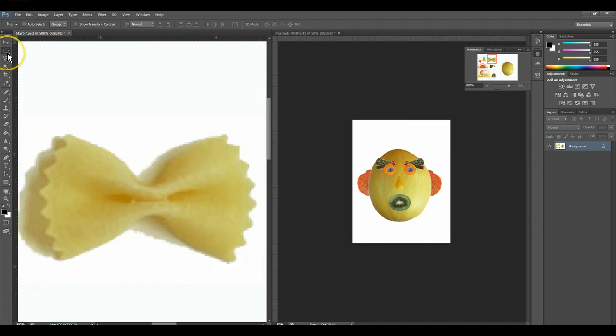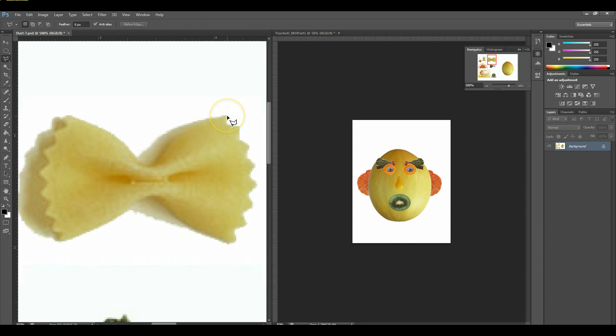Now for this tool, we are actually going to use the polygonal lasso tool. All this does is it creates straight lines. So I'm just going to click right here, and it's going to do a straight line no matter which way you go. So wherever you want to stop at, you hit click. And then move your mouse, click, move your mouse, click, and then just keep